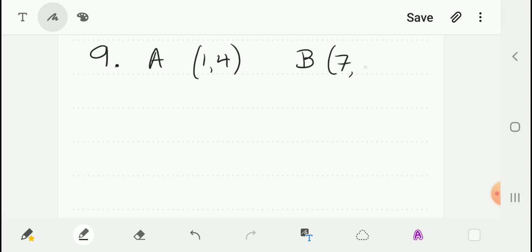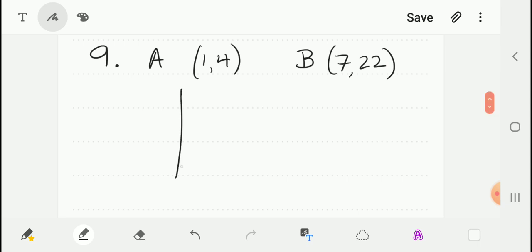Okay, so question 9 is the exact same process. This time it doesn't give you a picture. It doesn't give you a diagram. So it gives you your first point A is at 1 comma 4. Okay, and your next point B is at 7, 22. Okay, and if it's not right away apparent where these points are, and if a diagram